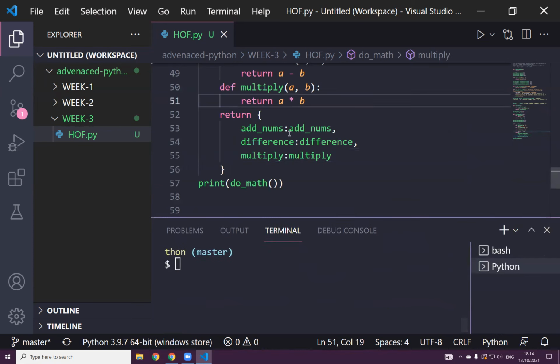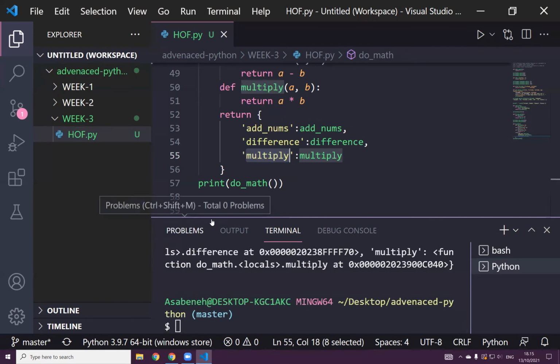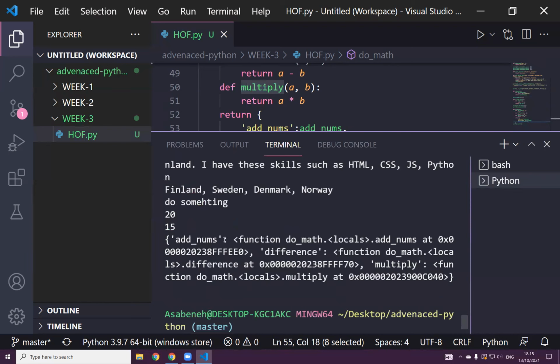Yeah, of course. In Python, I'm thinking in JavaScript, I have to change these guys to a key, right? This guy should be as in a key. Yeah, so now we see clearly that the addnums got this function and the difference got this function and the